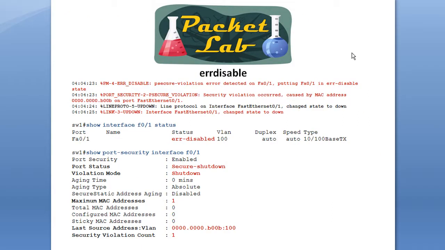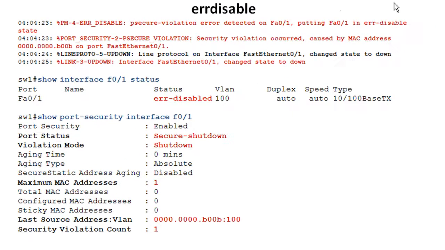So this slide shows you what's going to occur on a switch when a port is put into error disable state. And you can see here, this is the log. The timestamps aren't great, but you can see the linear progression. So the first message is that it's going to detect an error on the port, and it's going to put that into an error disable state. And this message tells you why it put it into that error disable state. In this case, we can't have this MAC address on port fast 0/1. And so you can see the line protocol goes down, and then the entire link goes down.